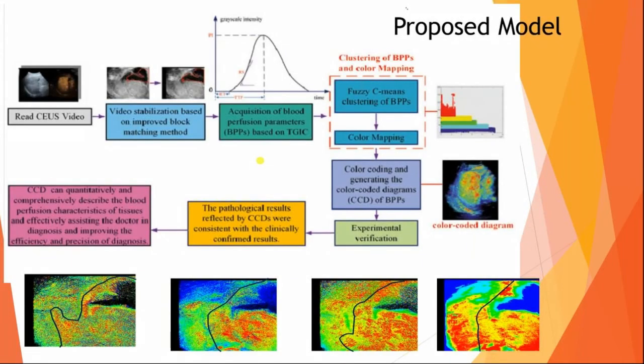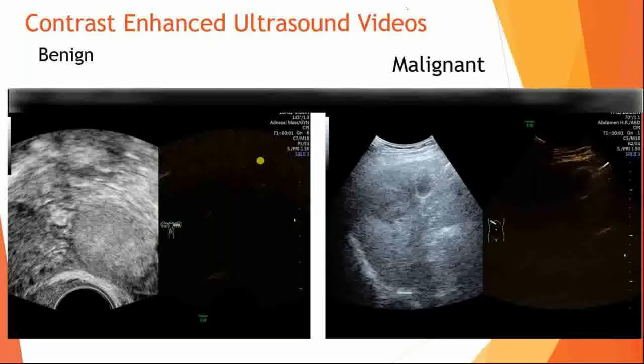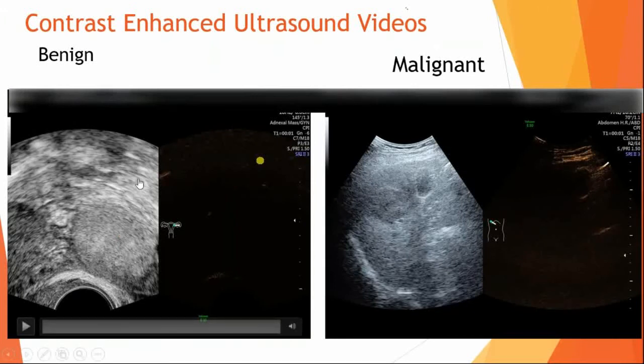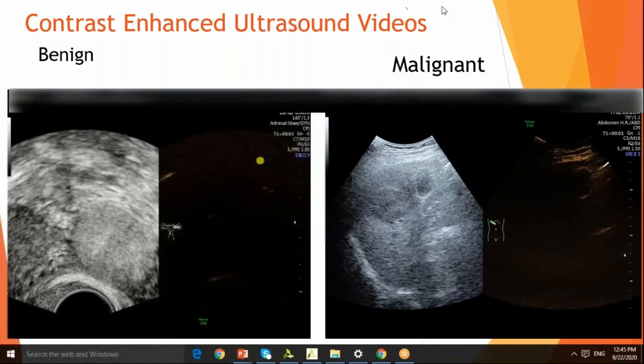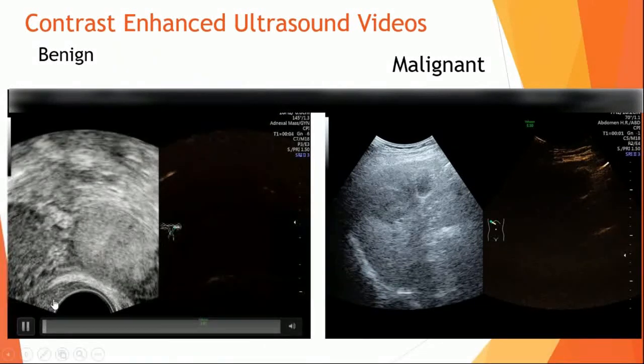So this is the entire architecture. But before going into this, let me show you the video first. Again, I have to come back here. Now, on your left-hand side is a normal ultrasound video, and on your right-hand side of each of these, benign and malignant, is the contrast ultrasound video. Clear all drawing. Okay. Now I'm just going to run the first video on the left, which is the benign.